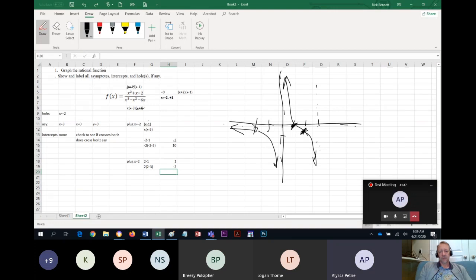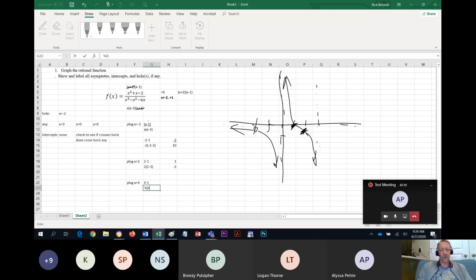Plug in a point. Which point? Can you do like +4? Exactly. X equals 4. I'll use the simplified fraction. 4 minus 1 over 4